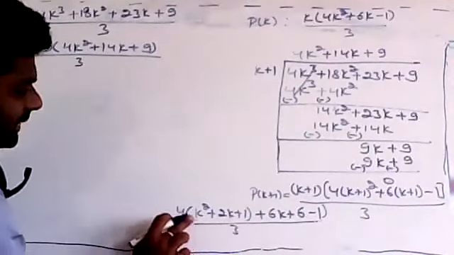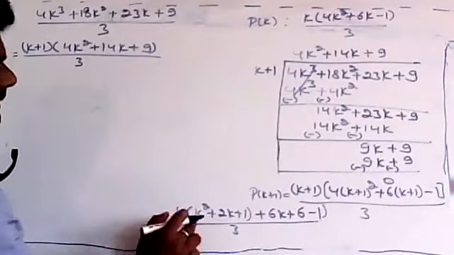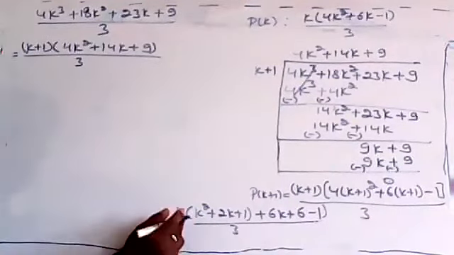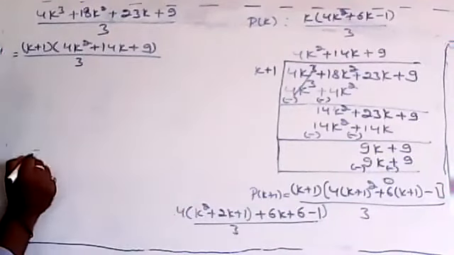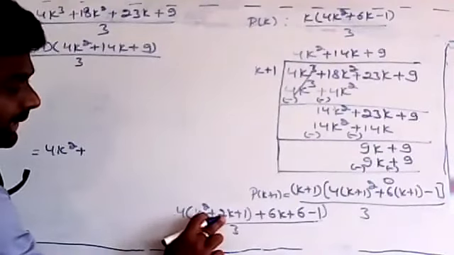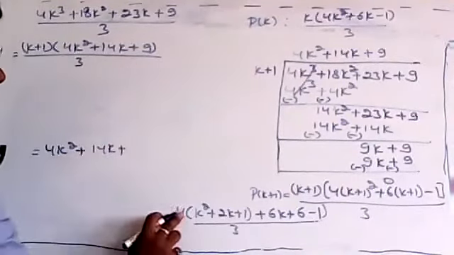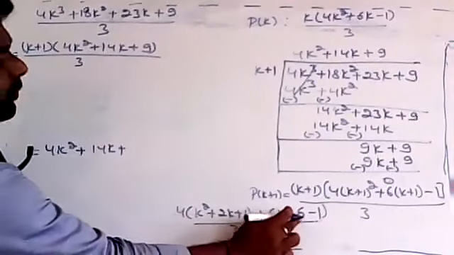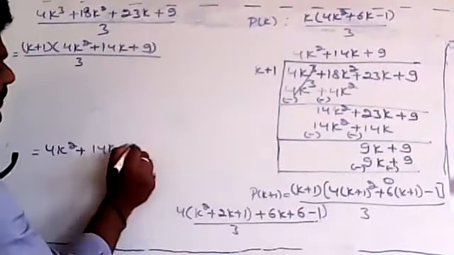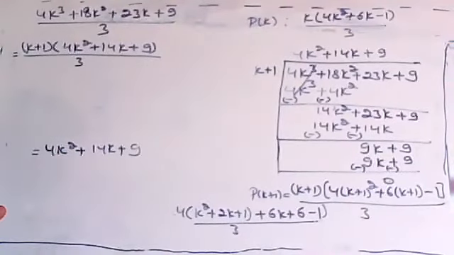So you can check, if you calculate this one, you get the same answer. If I multiply 4k square, here I'm continuing, 4k square plus 4 twos are 8, 8k plus 6k is nothing but 14k, plus 4 into 1 is 4, 4 plus 6 is 10, 10 minus 1 is 9. You can check the answer. It is same as this one. Correct or not? So what do you have to do? Just write down.